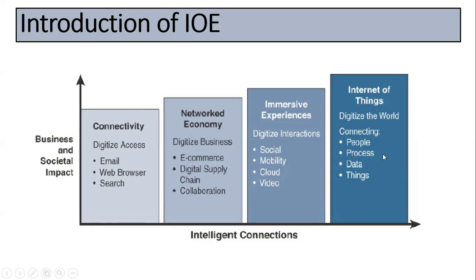Now, here the communication started between people and machines, and machine to machine. And there is a huge amount of data being recorded and saved on the cloud. There the Internet of Things comes into the picture, where machine to machine communication happens, as well as machine to people communication. And now you can imagine there are many objects and products